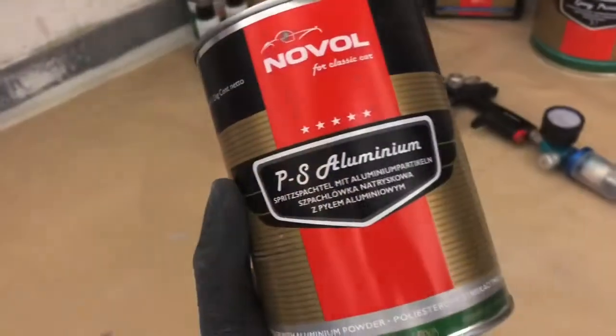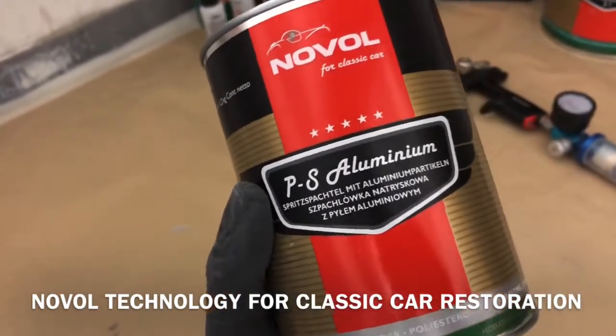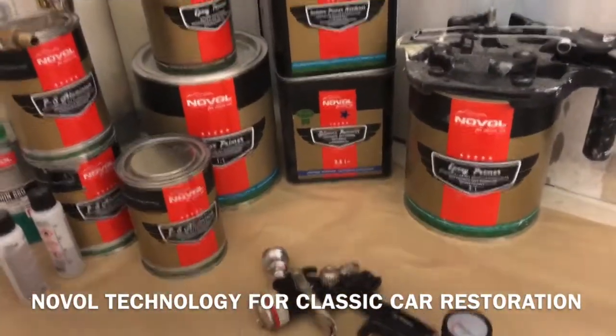Now the advantage this product has is because you're spraying it on aluminium and it's aluminium based, this product is going to expand and contract with the aluminium that it's sprayed on. And it's all part of a Novol for classic cars range, which we have been trained and certified on here